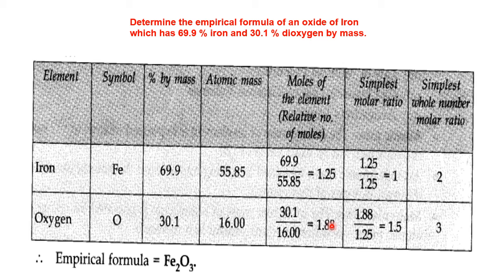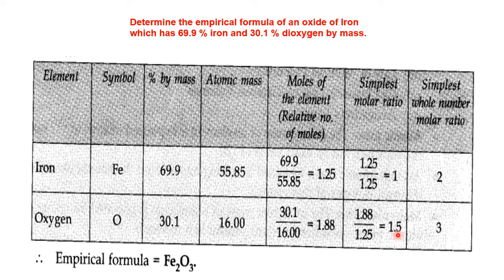Now we have to go for the simplest form of number of moles, because moles are in round figures, not in fractions like 1.25. So for this purpose, either you go by the normal common method, 1.25 is to 1.88, which nearest whole number we will get, or divide both by the smallest number. Out of the two, the smallest is what? 1.25. So 1.25 by 1.25 is 1 mole, and 1.88 by 1.25 is 1.5 mole. So it is 1 is to 1.5. Okay. So iron is 1 mole, oxygen is 1.5 mole.